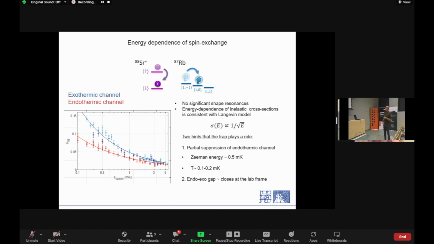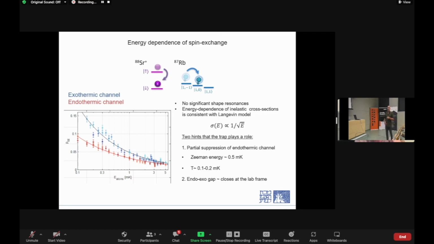One is that if you look at the endo-exo gap, it actually doesn't close at the Weizmann gap energy, which in this case is about 0.5 millikelvin. It actually closes closer to an energy which would be the gap in the lab frame, and not in the relative motion frame. The other hint is that if I look at the endothermic channel versus the exothermic channel, even though the energy of the collision is right around 100 microkelvin, and the Weizmann gap is 0.5 millikelvin,